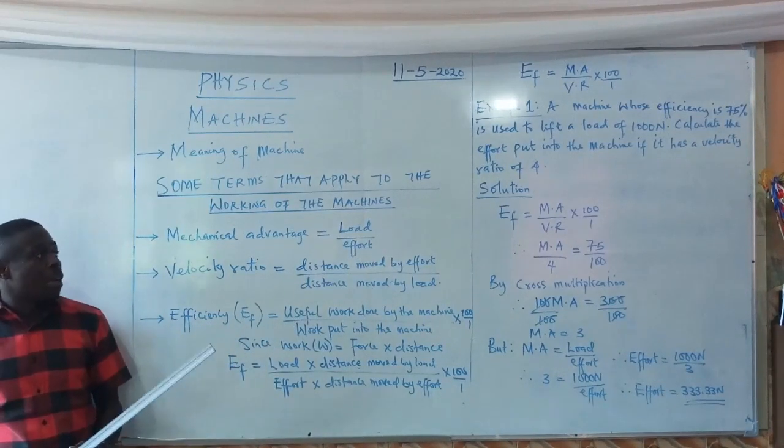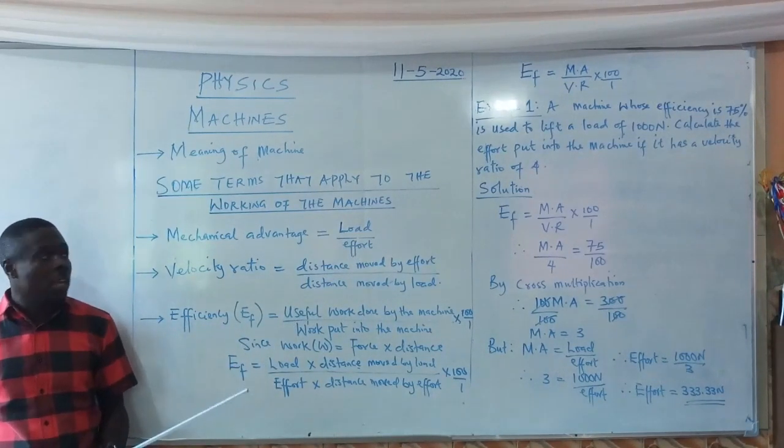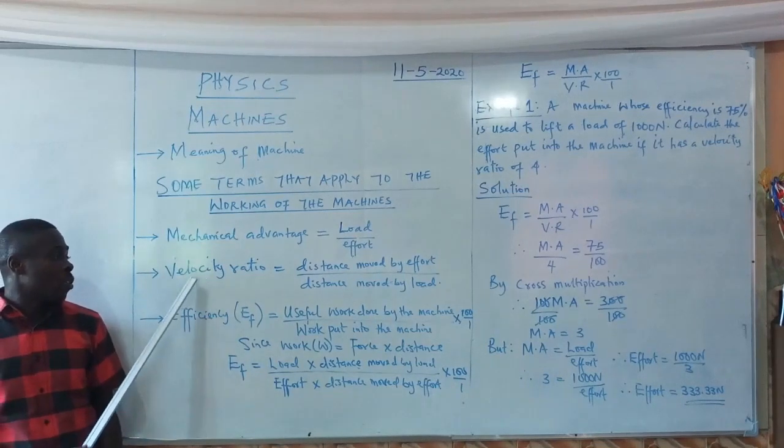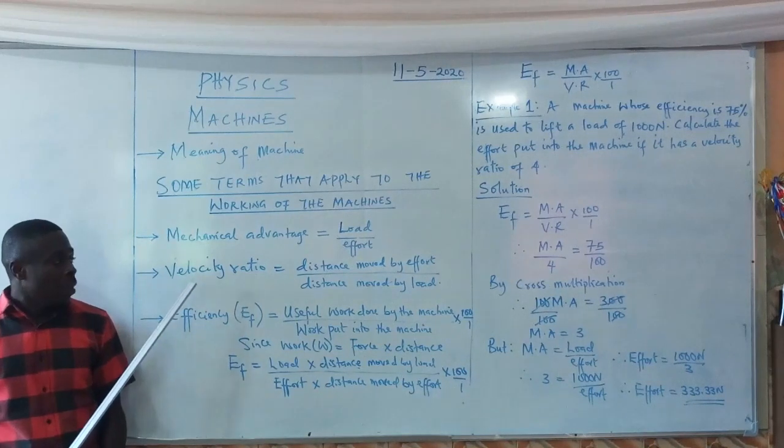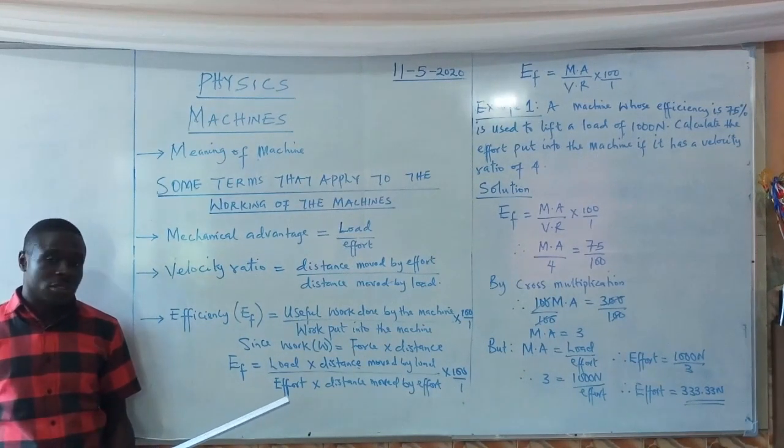Then the next term that we will be discussing under the working of machines, the second one there, is velocity ratio. Velocity ratio is the distance moved